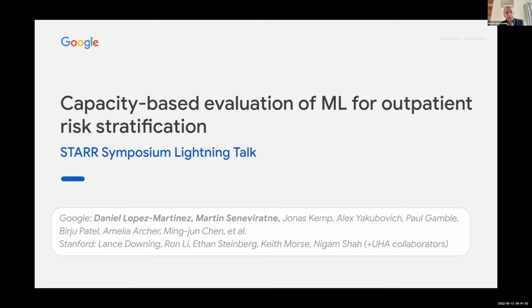All right, so to begin with, one thing that we were really interested in putting into action was this idea of a delivery science methodology for machine learning in healthcare. Nigam and Ron and others have published a lot on this topic, and had a Nature Digital Medicine paper a couple of years back, introducing a framework for integrating delivery science and user experience research into machine learning